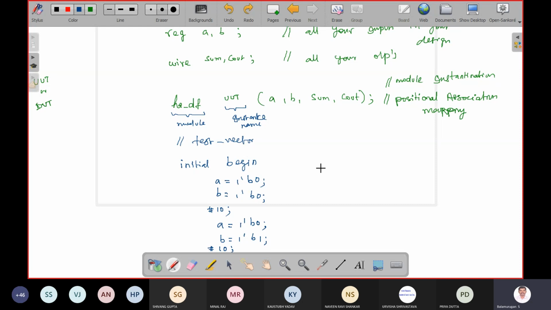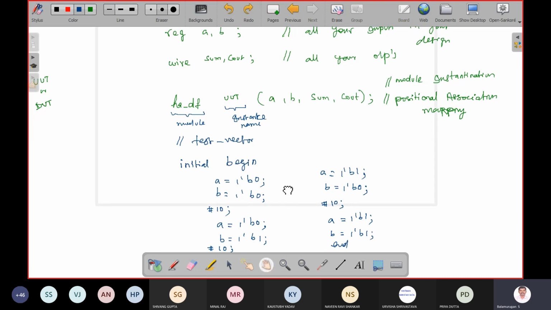Okay, then I give here A is equal to 1 bit binary 1 and B is equal to 1 bit binary 0. Wait for some time. The hash is a keyword for delay. A is equal to 1 bit binary 1 and B is equal to 1 bit binary 1, end.